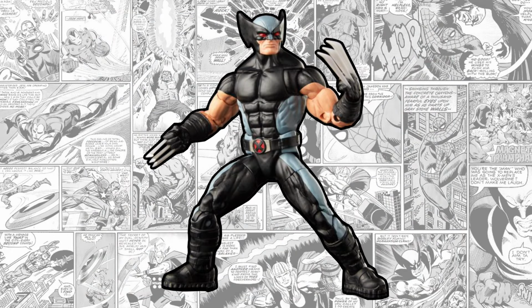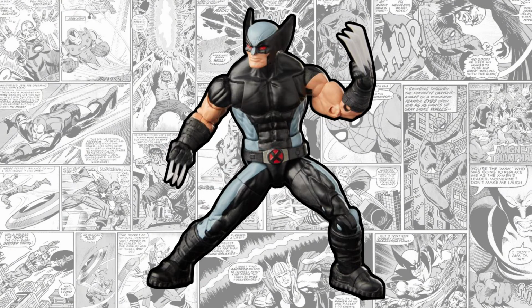Only downside of this figure is the lack of accessories. I would have loved an angry or yelling expression, perhaps an unmasked head and some neutral hands. Nonetheless, it's a great figure, and that is why it is